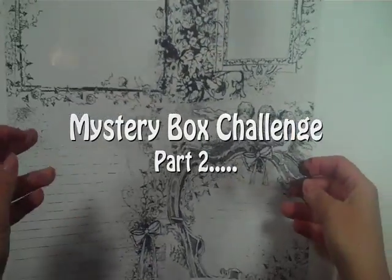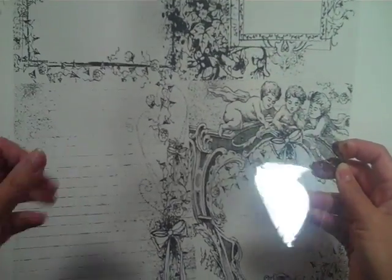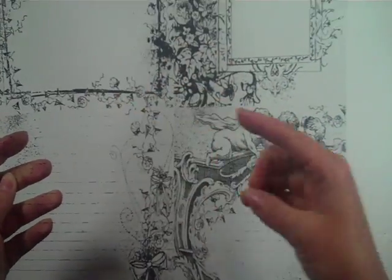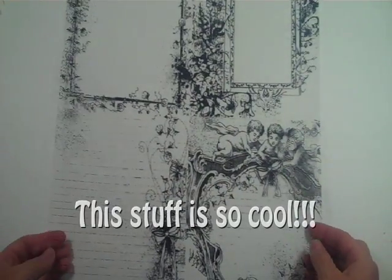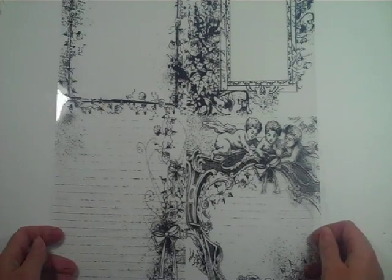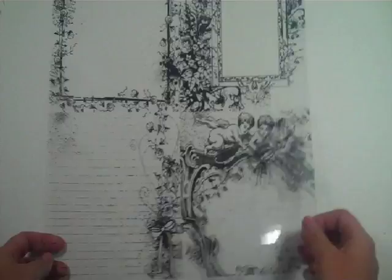Okay, a sheet of this was in there. I can't remember what it's called, but it just feels like acetate with something on it, and it says you can use it with alcohol inks or anything like that. I do have some of the Ranger Distress ink pads, and I'm sure you could use sponge daubers on the back of this,